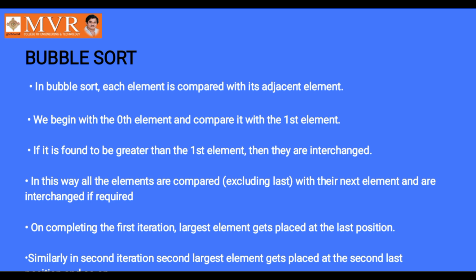See, I have started from the 0th element and compared it with the first element. After that, first with second. In the next step, second element is compared with the third, and in the next step, third with fourth, and so on. If I start from the 0th element and end at n minus 1 element, in the first step, that is after all the elements are swapped, we get the largest element at the end of the array, that is in the last position of the array. That is the largest element gets sorted and placed in the position.